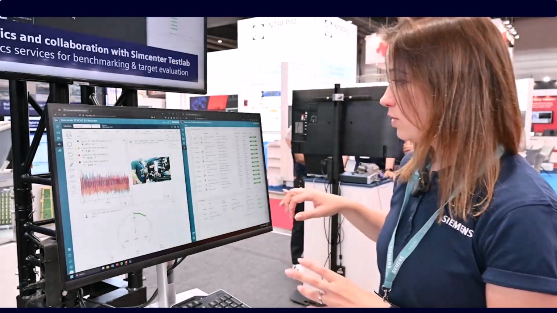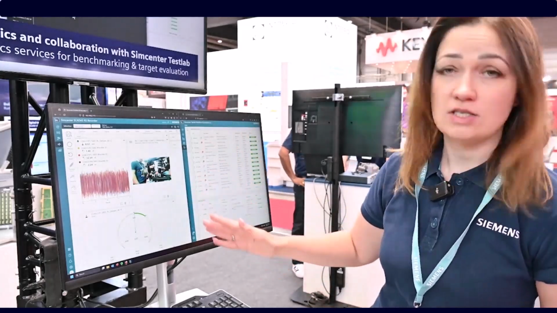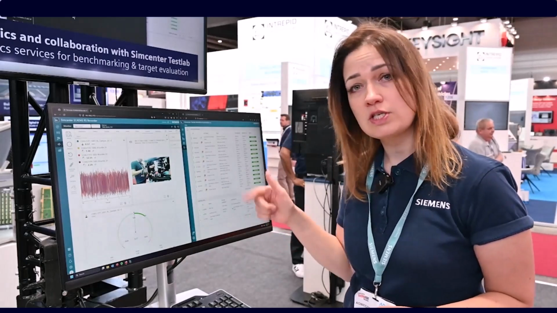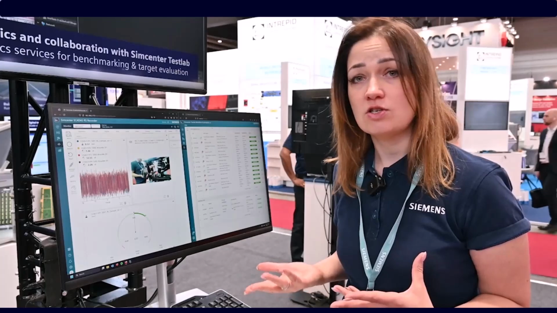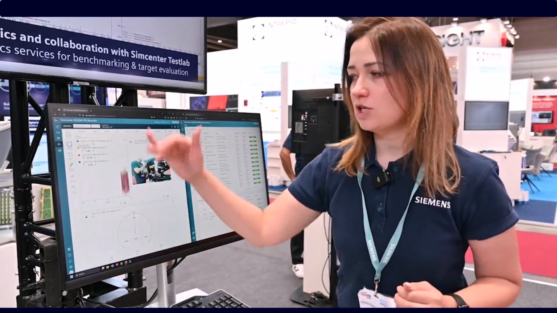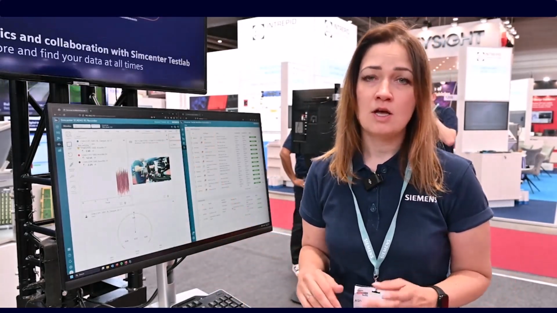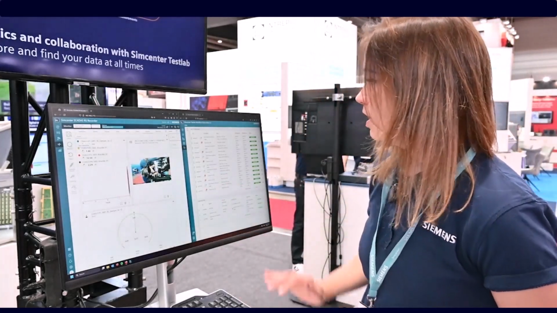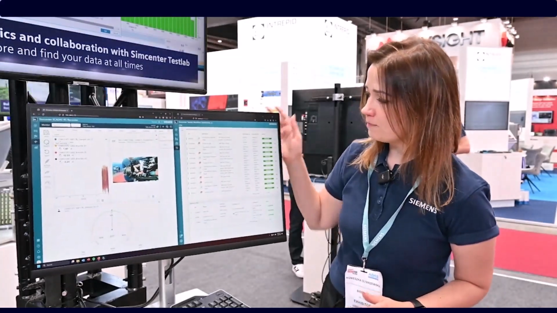So what does the demo look like? We have the Scatus RS, as I already explained. On the right-hand side, we have Testlab Workflow Automation. This one is currently running on my local PC. Ideally, at the customer location, this is a server environment. I'm going to trigger a measurement, and normally I would ask my colleague to shake the system such that we see some discrepancy in the signal, but he is doing a demo right now, so I'm not going to disturb him. With a few seconds of measurement, I'm going to stop the measurement, and immediately on the right-hand side,